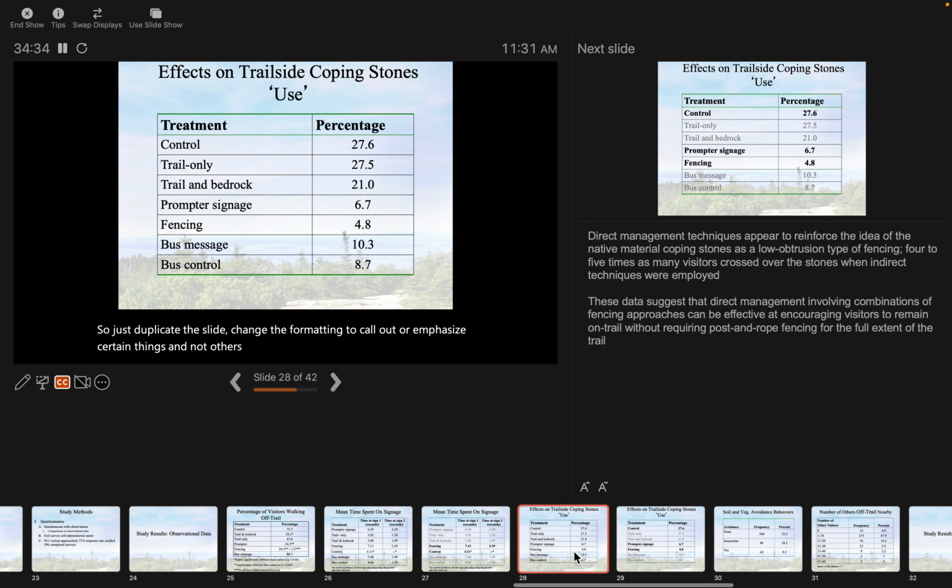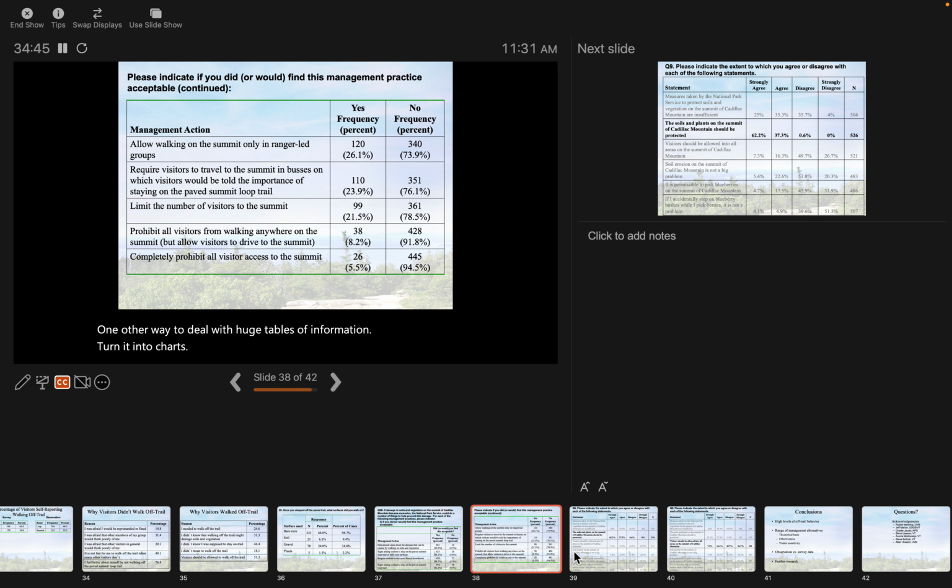One other way to deal with huge tables of information, turn it into charts. Okay. Any one of these tables can be wonderfully effective as a simple column chart, as a pie chart to show proportions, as a line chart to show trends, as a stacked line chart to show proportions and trends, and so forth. We get very specific reasons for using specific kinds of graphs,